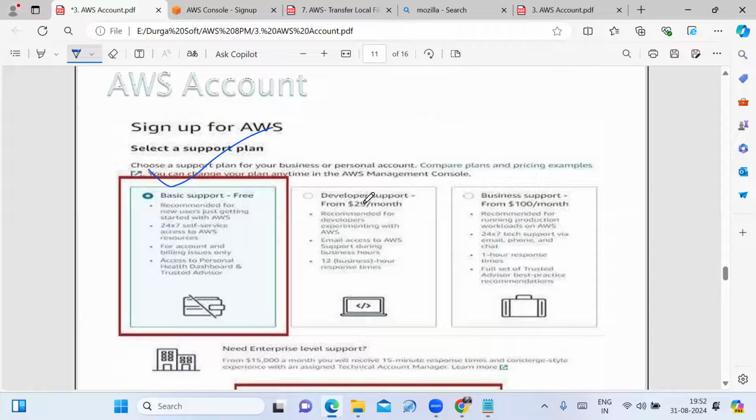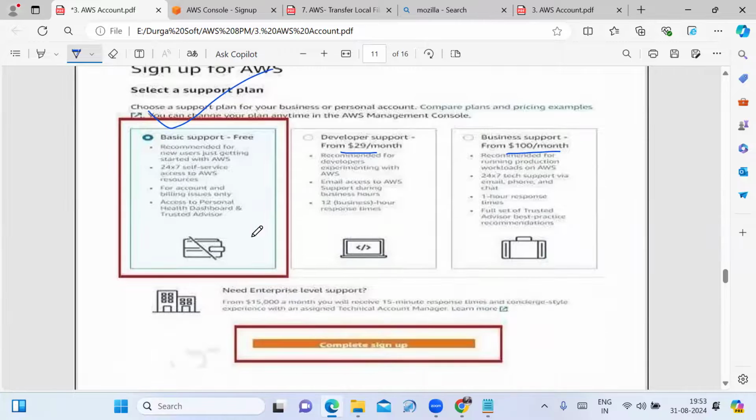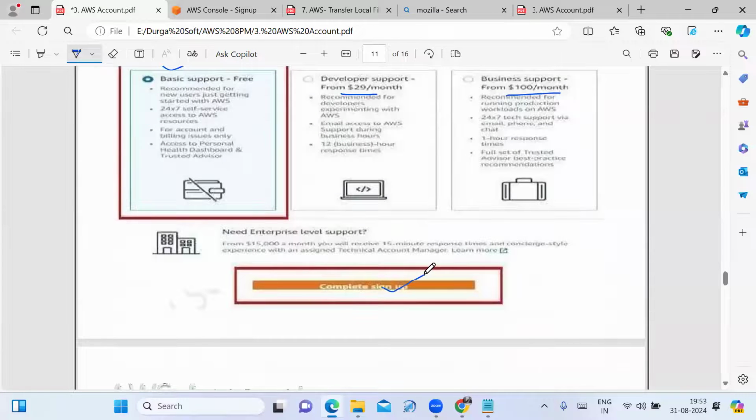If you are choosing developer support, you need to pay $29 per month. If you are choosing business support, you need to pay $100 per month. Friends, for practicing purposes, you need to choose the basic support and then click on complete sign up